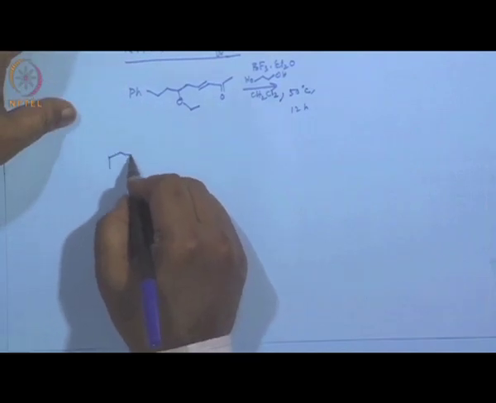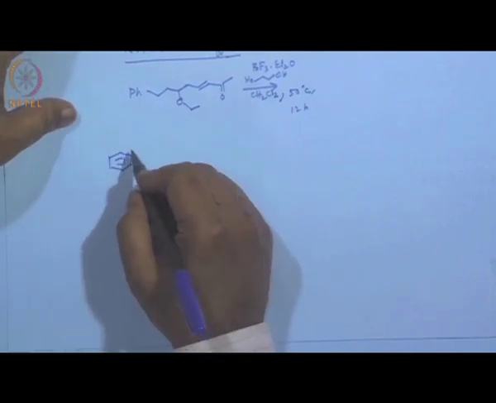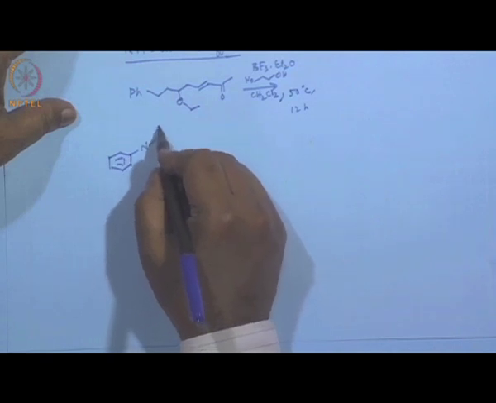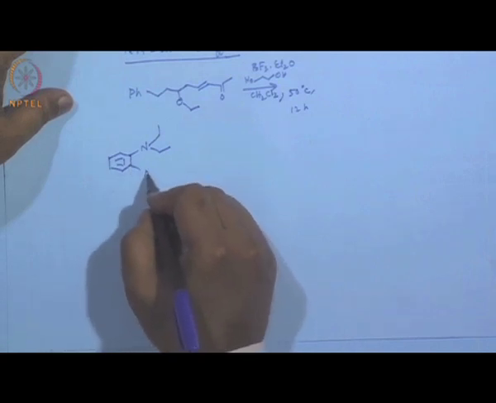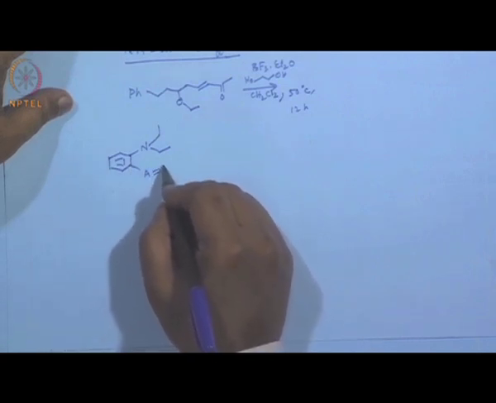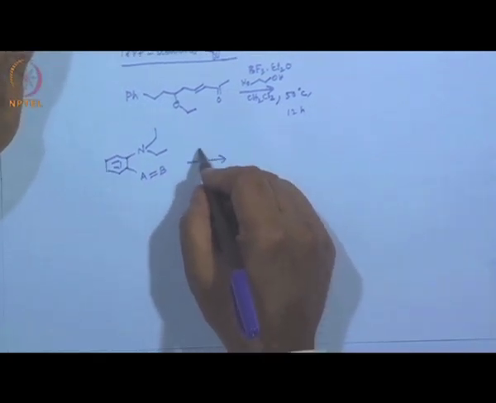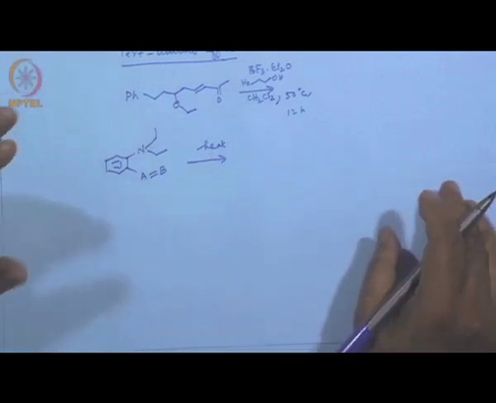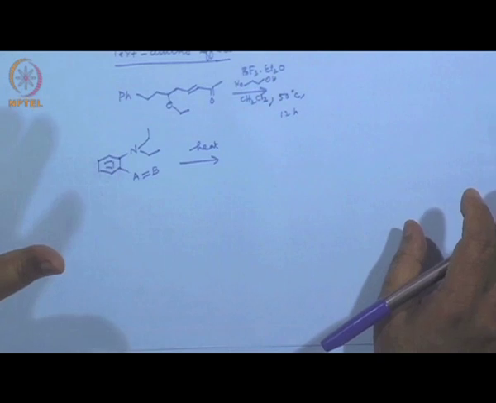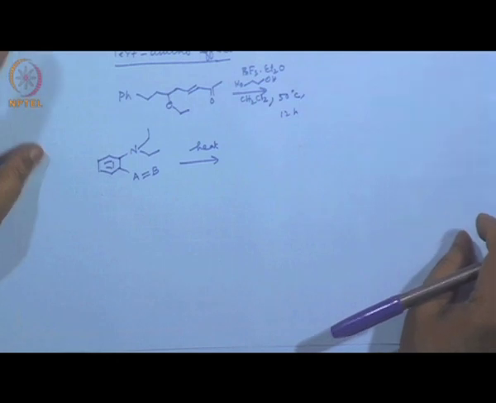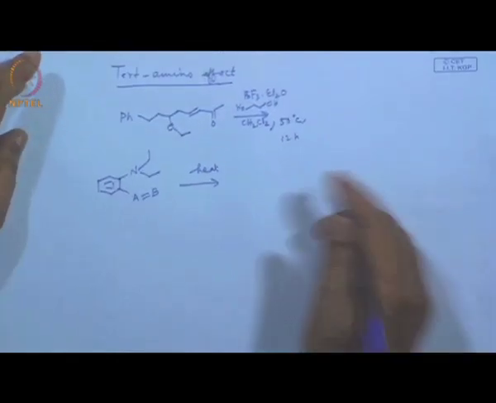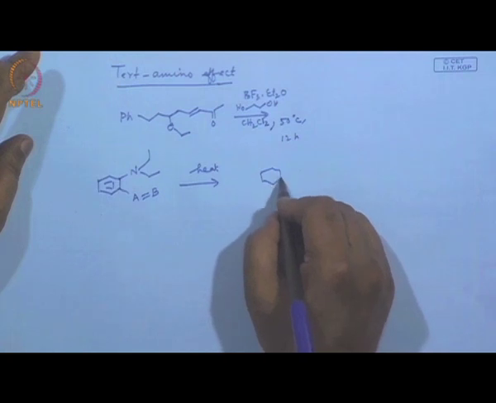And what is the meaning of it? The meaning of it is that it must have a benzene ring, and then it must also have a tertiary amino group, and this should be ortho substituted with a double bond. If you simply heat it, that means the reaction conditions are very mild. In one sense, there are no complications, no sophisticated reagents. What you will find is a cyclic product,